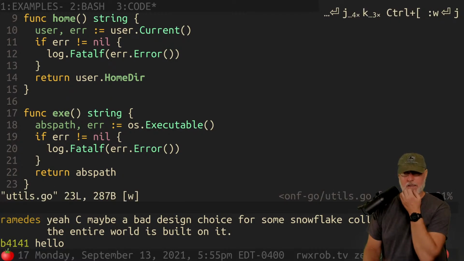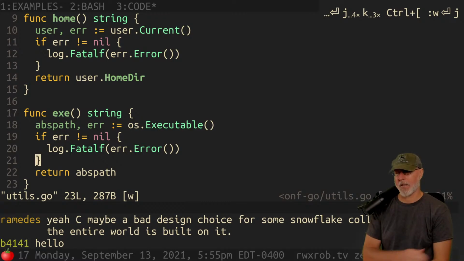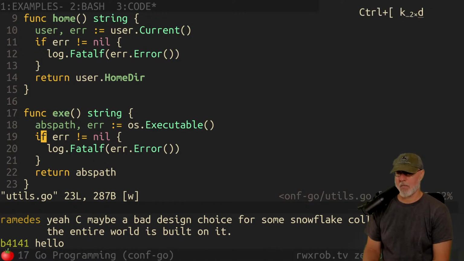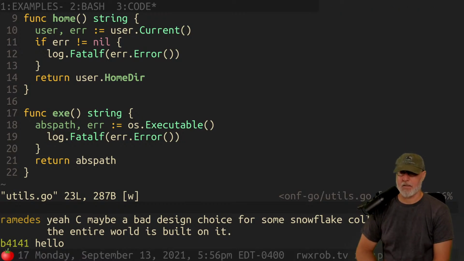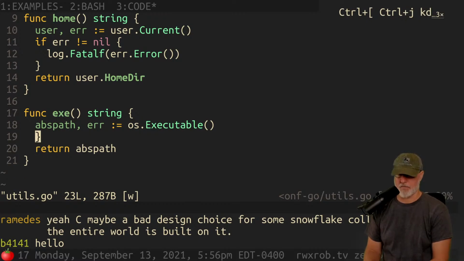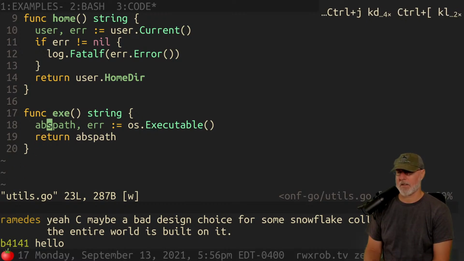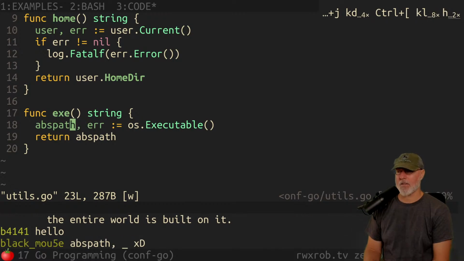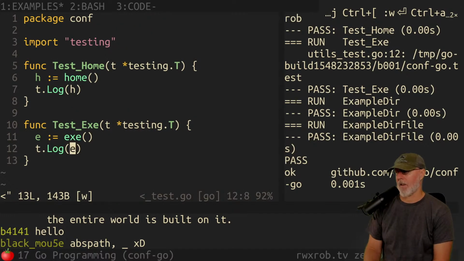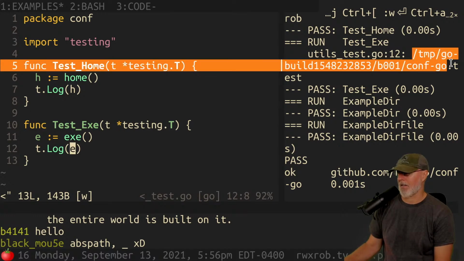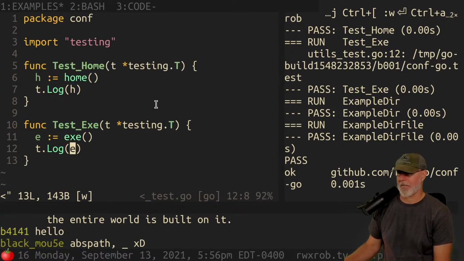Yeah, I'm actually going to do this differently. I'm going to say that it's either going to be empty or I'm going to use a nil thing, right? Because this is going to be an empty string by default if this gives us an error. So I'm just going to dismiss the error. I don't need it. All right, so that's fine. So there you go. Look at that, man. Look at that absolute path. You see that? Wow. So that's the absolute path.